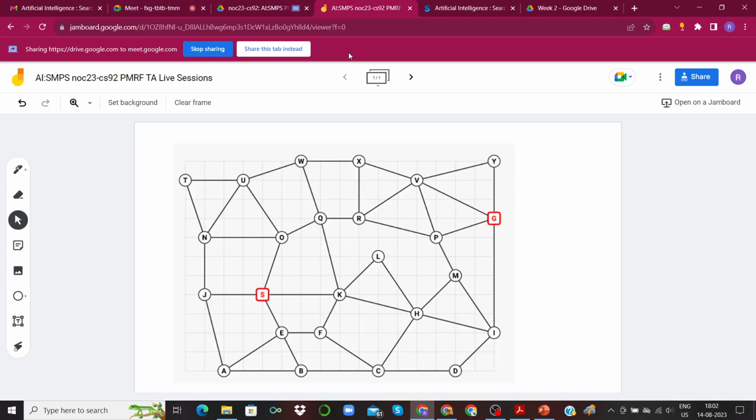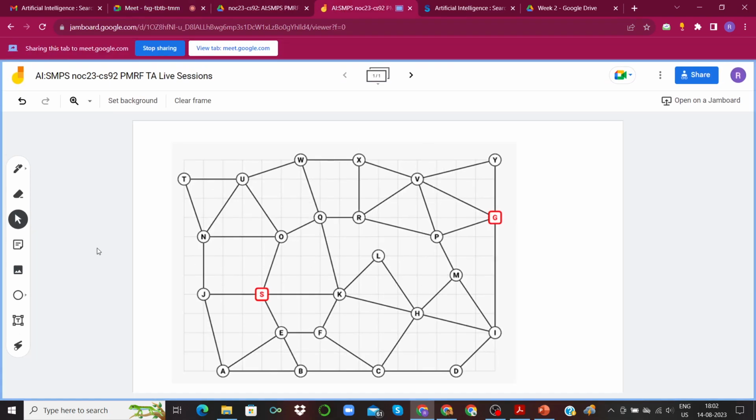All right, so this is the graph that we are going to deal with for the next couple of questions, and some common doubts that people usually raise. I'd like to address that before we get started with the questions. Here different nodes are named with different letters. This one over here, S, denotes our start node, and this one over here, G, denotes our goal node.